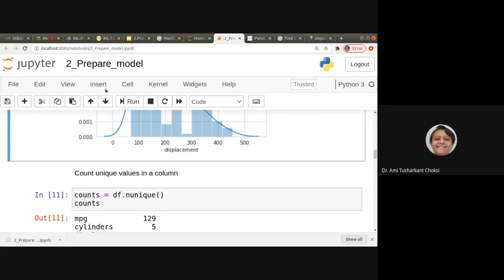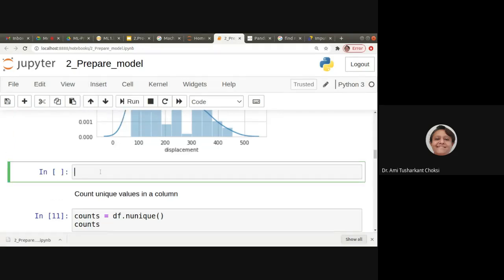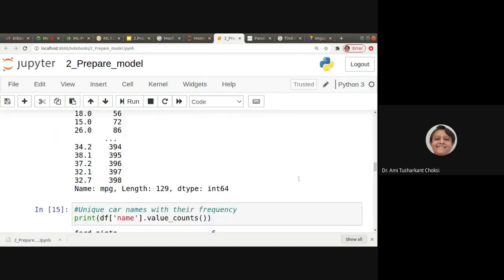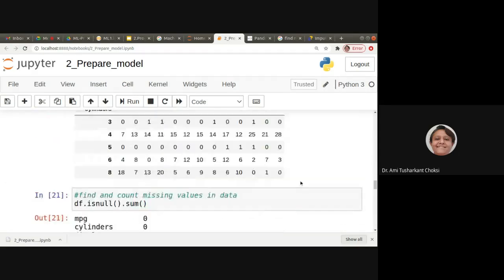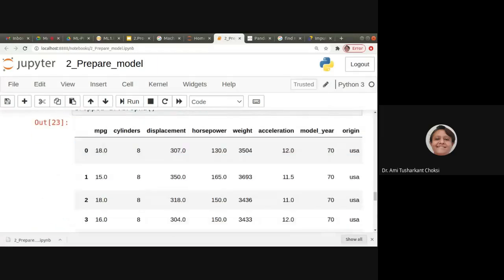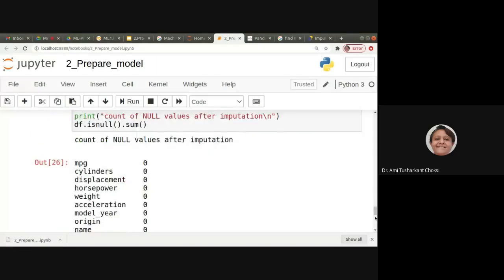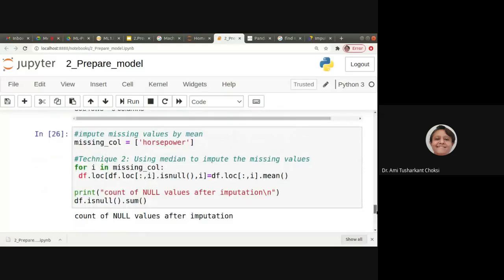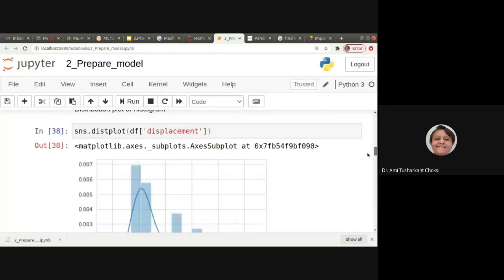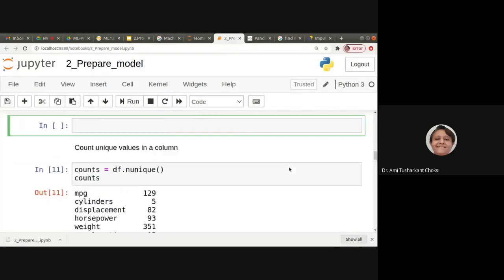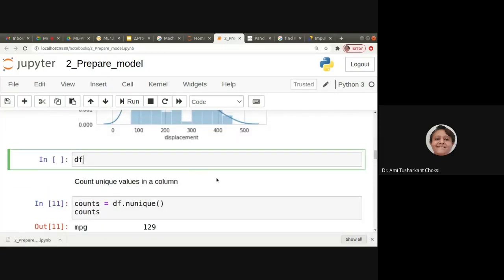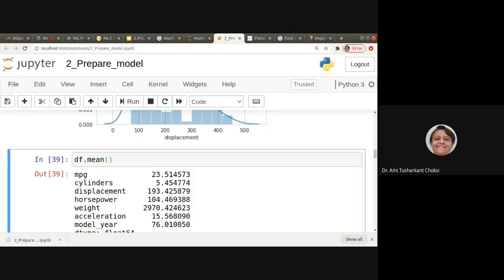Let us see the values. We can find the mean using df.mean.